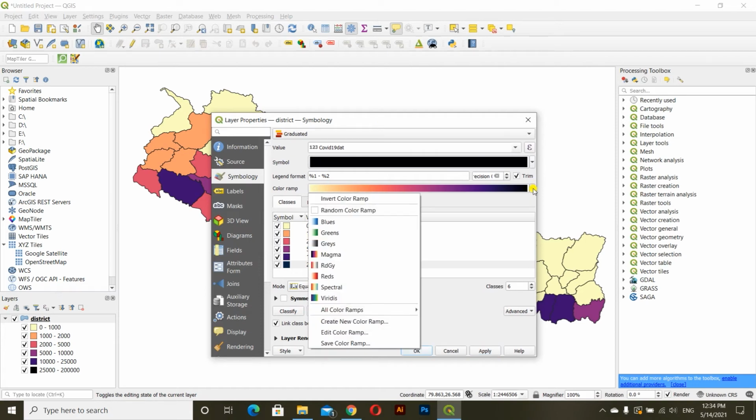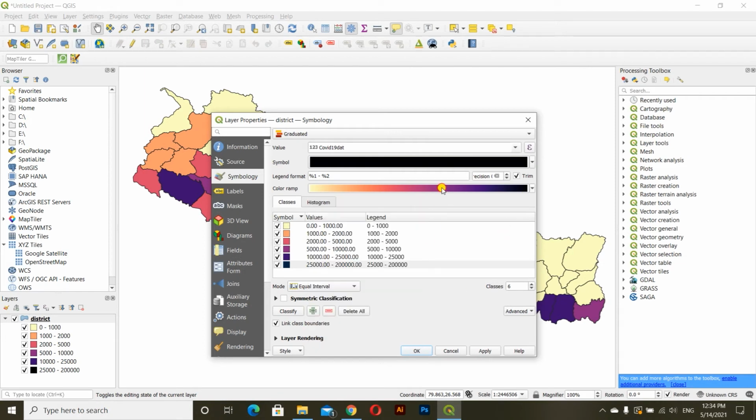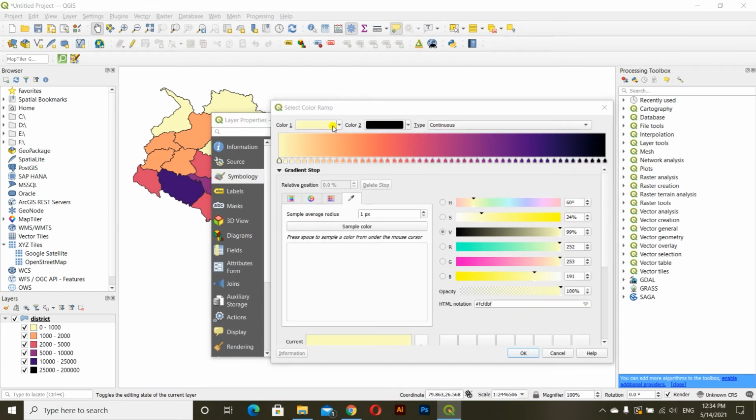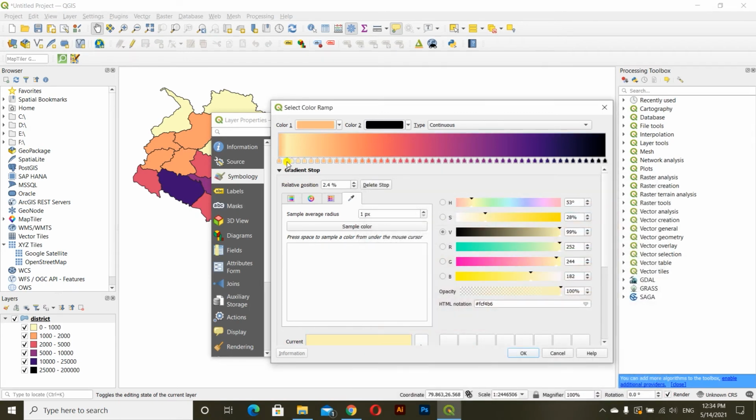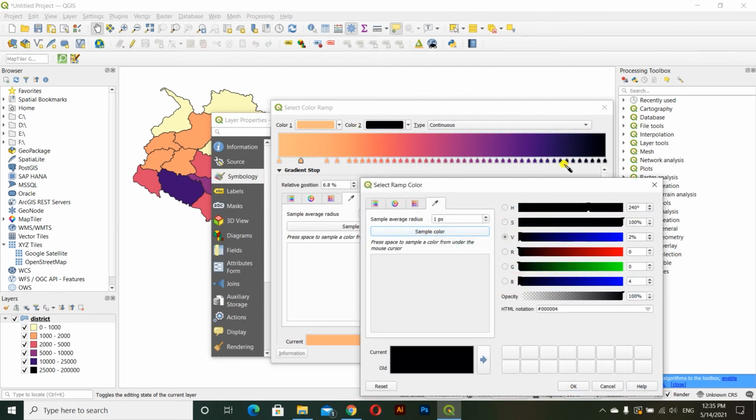Now we'll modify the color so that it looks a bit nicer on the map. Color one we'll select from the gradient. We will delete the colors in between.